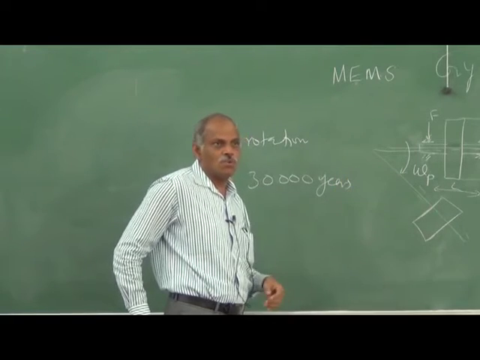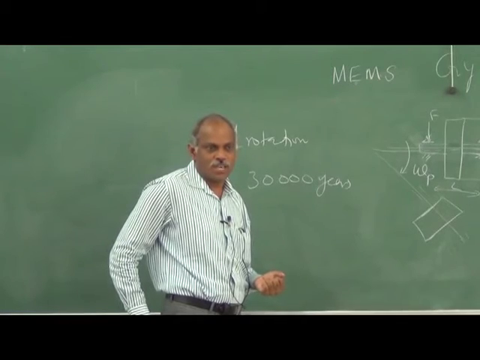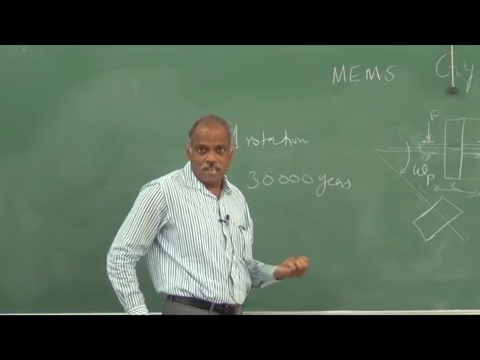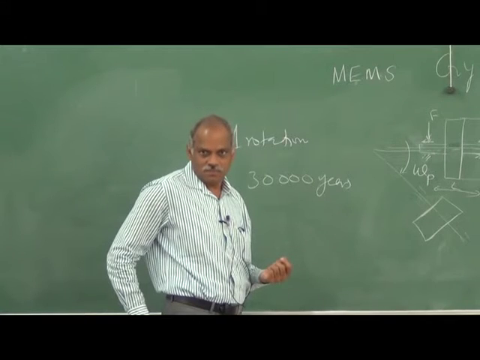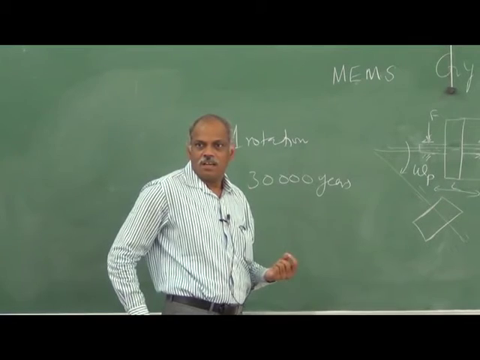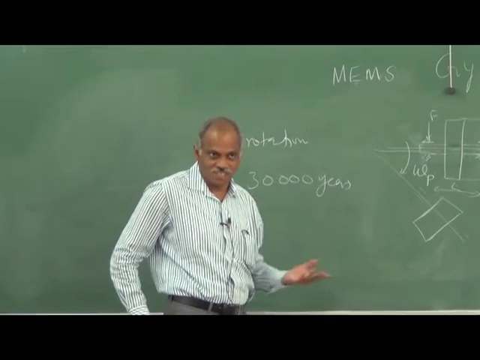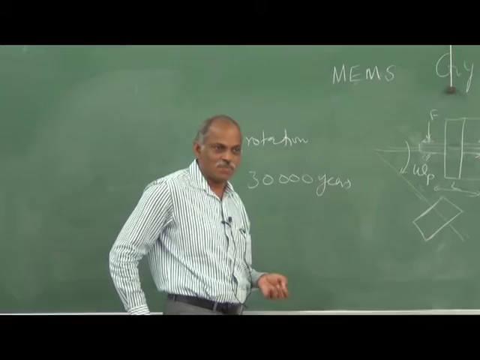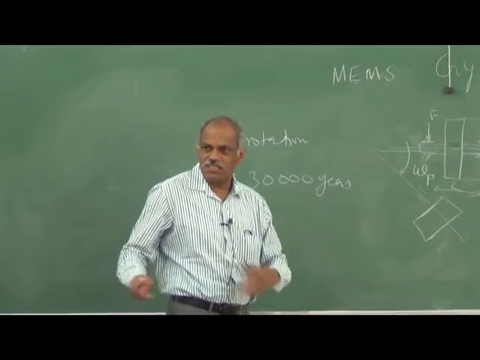When I was discussing with a person from ISRO, which makes gyroscopes, there is a unit to make gyroscopes. They said that to get one good gyroscope, they make 100. Out of 100, one will meet the quality requirements. That means meeting the quality requirement is by chance, not by your manufacturing. You expect consistency, but by chance you have to make 100, test them, and you will get one.